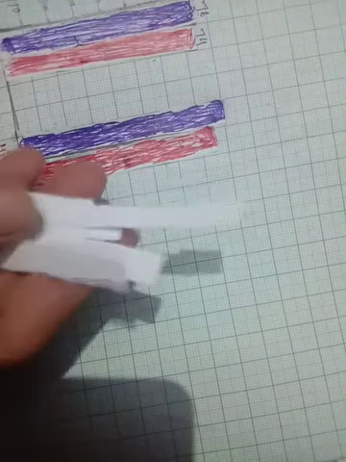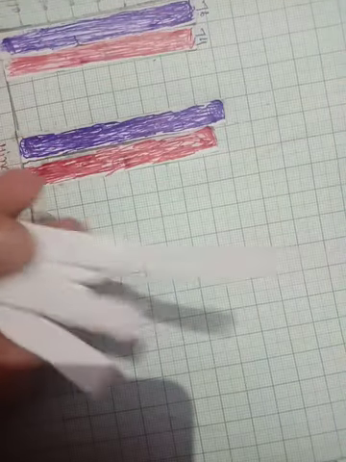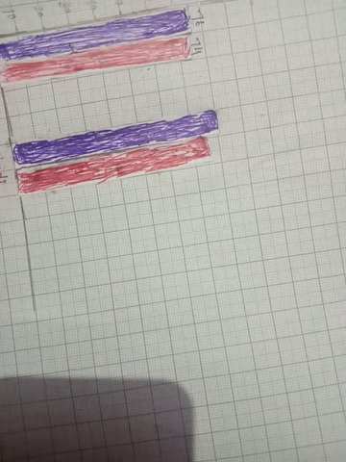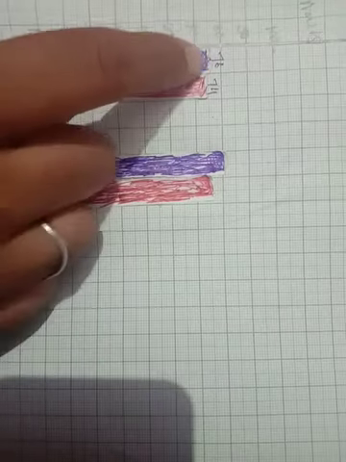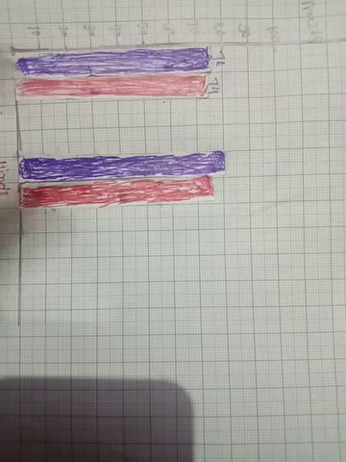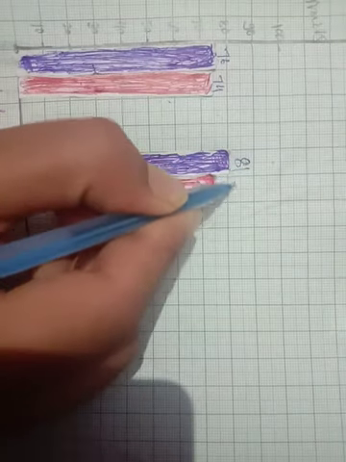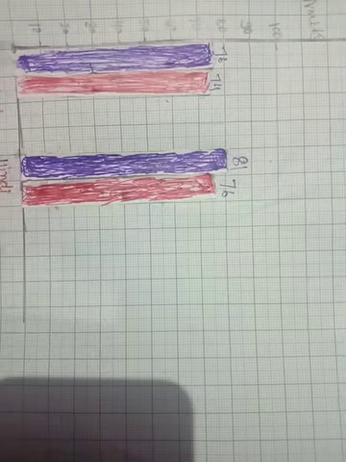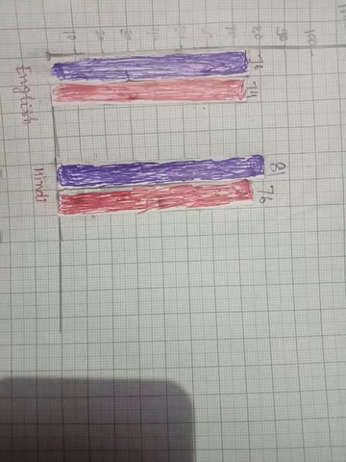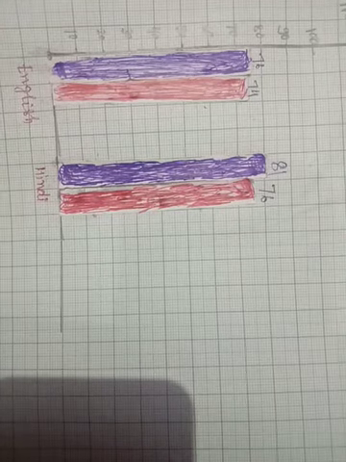Okay students, I hope you understood this practical. You first have to cut these strips, then paste the strips according to the marks obtained by students. Now you will see 76 is larger, 74 is smaller, here is 81 so this is greater, and this is 76 so smaller. Nothing else you have to do, just these things with nice color and a clean diagram.